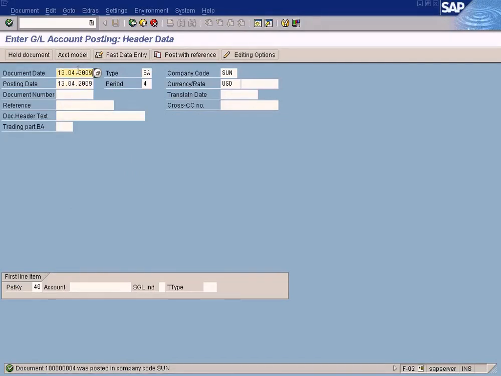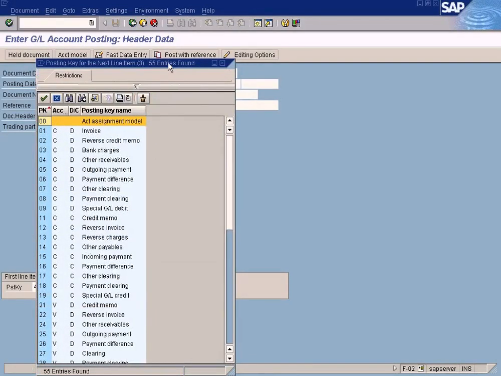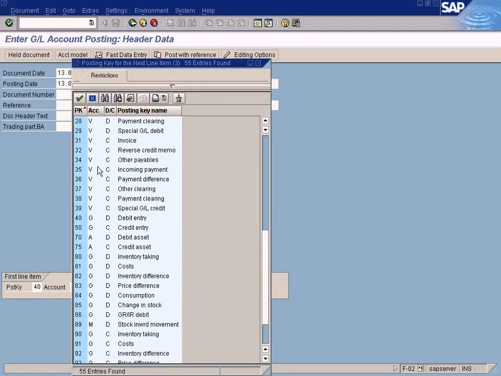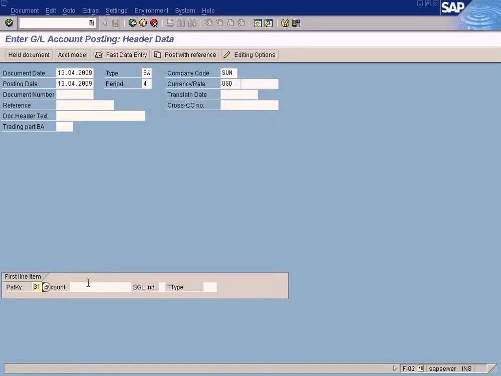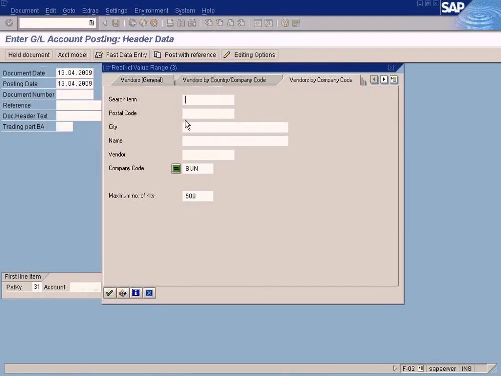Posted. Now let me show you how I can post the AP invoice. Choose this, choose this, and go for 31. Alright, the 31 posting key has an account type of V and a debit and credit sign of C, which means that if I select 31 as a posting key and I come here,